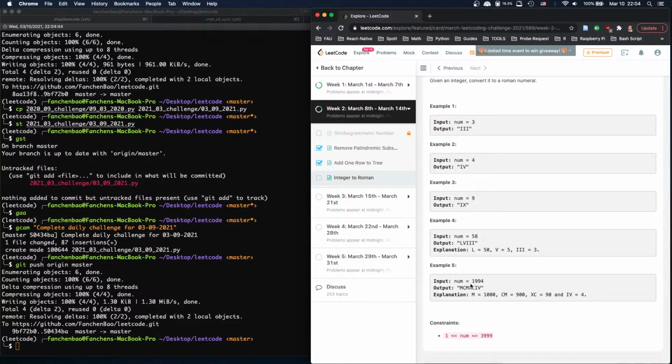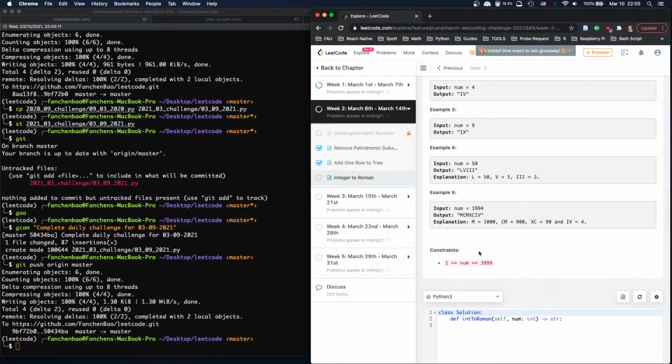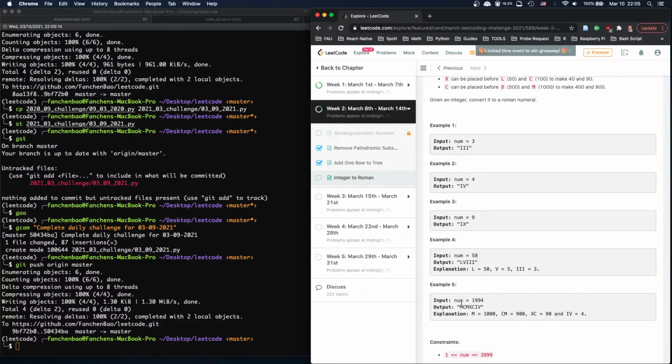Well, we know because we know the total number, and we get the first digit times that, so we know the value is 1000, and then we can apply 1000. 2000 would just be MM, 3000 would be MMM, and then that's it, because the maximum is 3999. So we'll get that for the 1000, and then